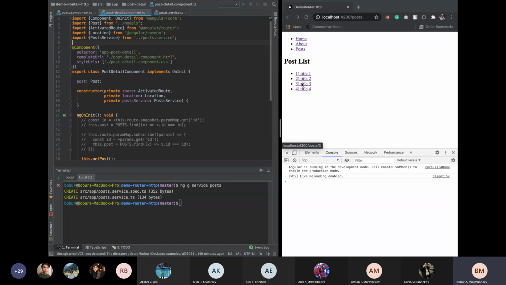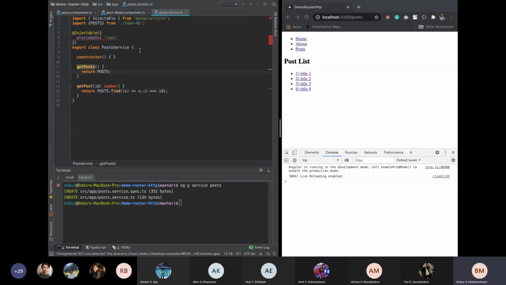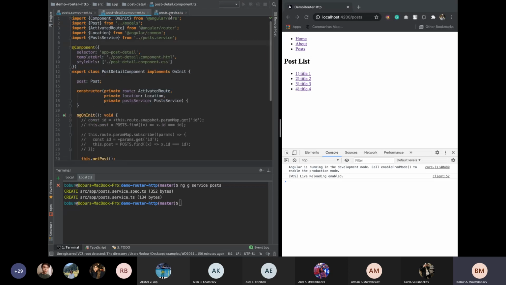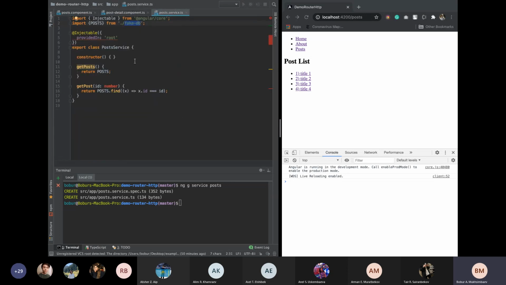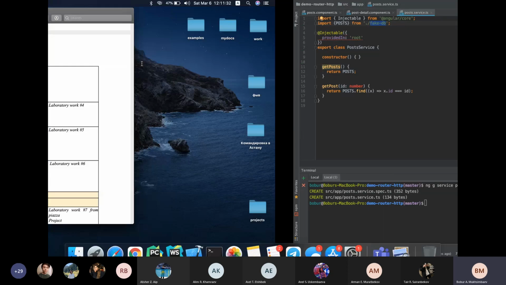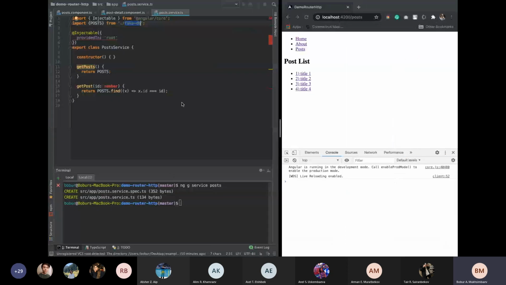Okay, what do we have now? We have the service, which gives the ability to get data from some resource. In our case, it's just a static file, doing just simple actions. So let's continue. What we want to cover now is reactive programming, which is